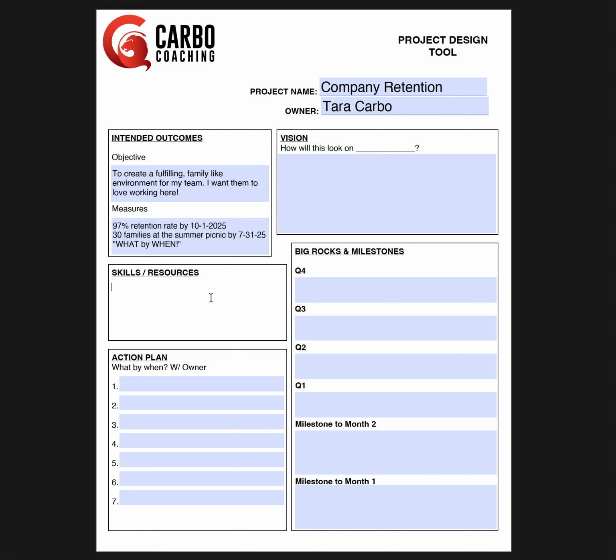Now we're going to go down here to skills and resources. There's not a lot of room in this box, so you can always use the back or another sheet of paper. Again, it will shrink your text for you. But the value of this is really creating a list of all the things you already have, your skills and resources, all the things you already know and already have to support the success of this project, right? So this might mean,